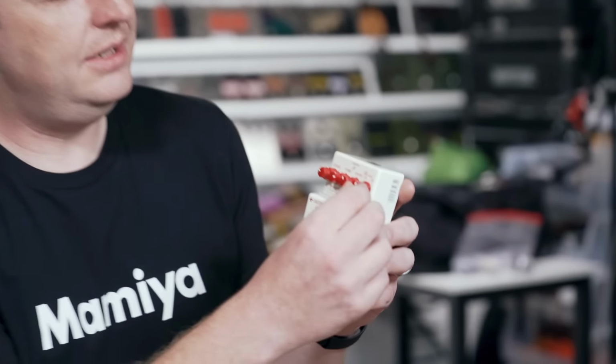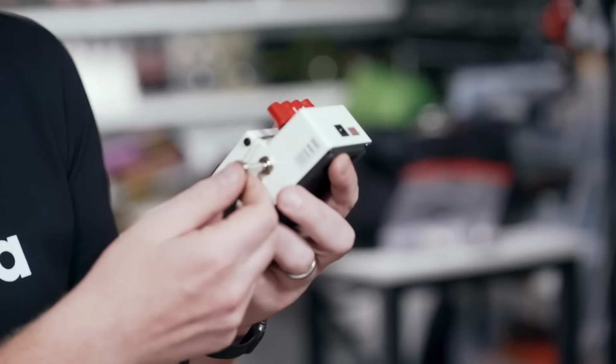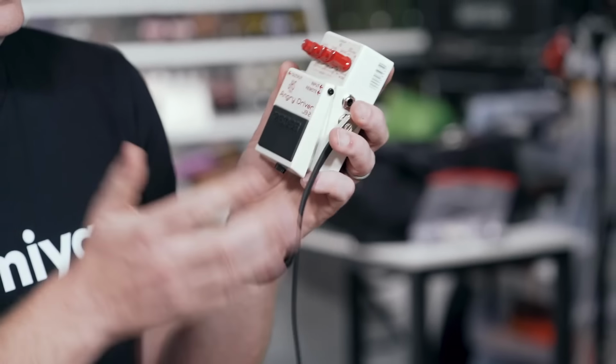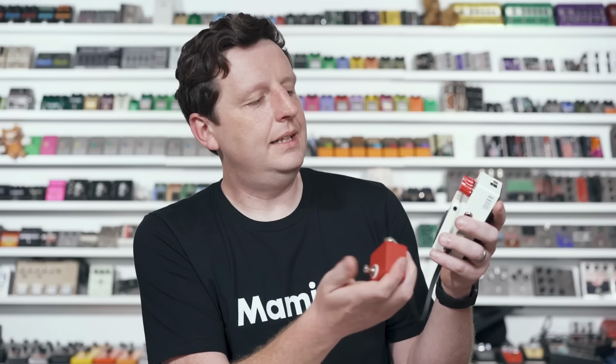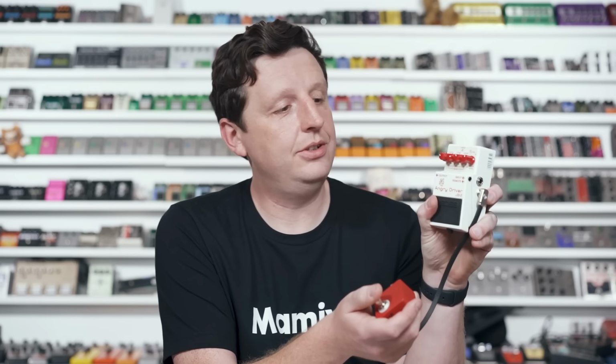On the BOSS and JHS modes up top, you can do things like plug in a BOSS switcher or just our red remote, it doesn't really matter. And that allows you to switch on the fly between the two circuits. So master on and off,